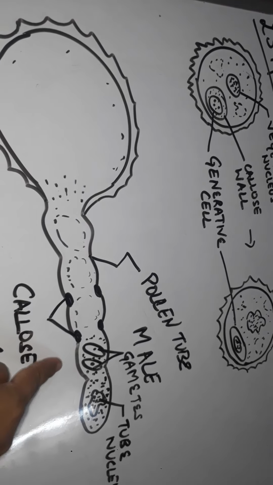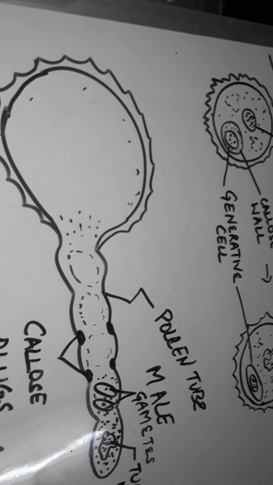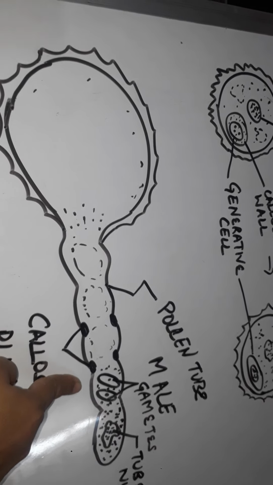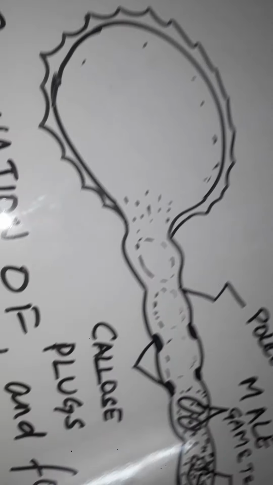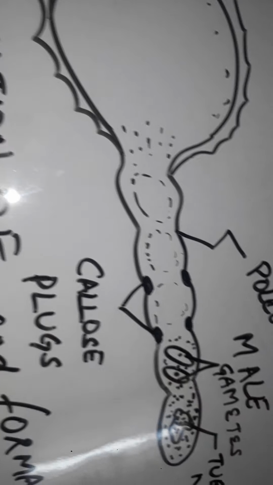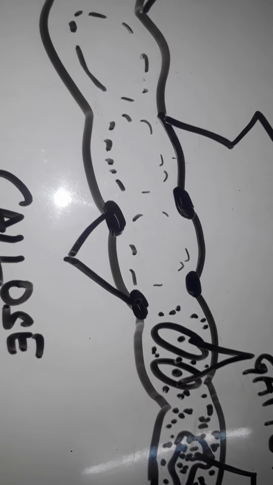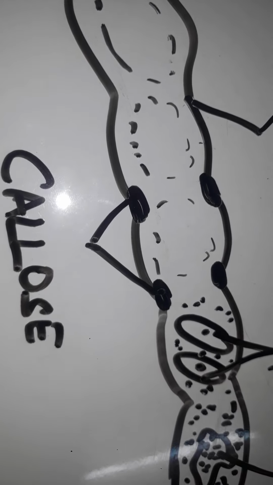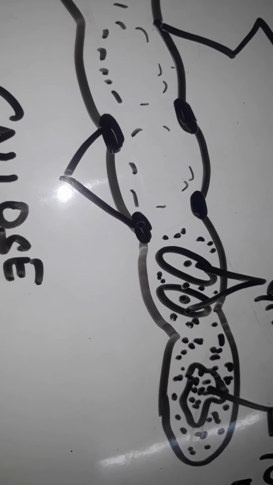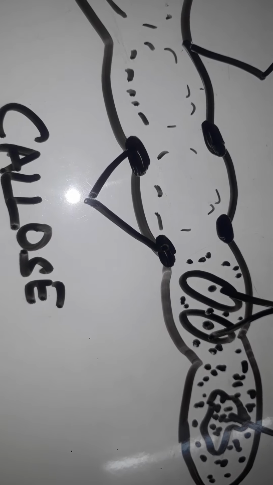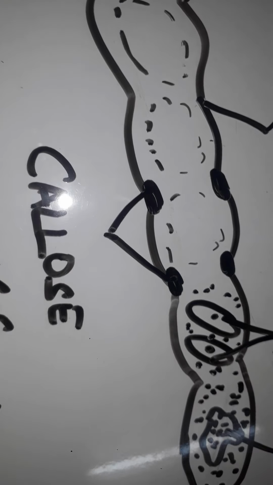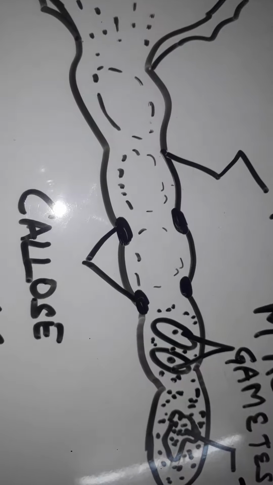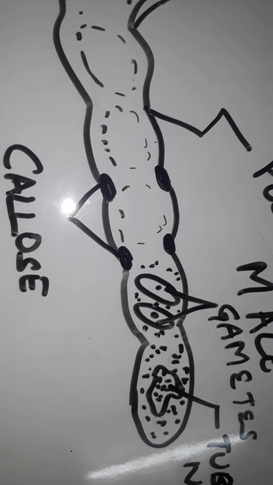There will be the formation of two male gametes. Two male gametes will be formed after the division of the generative cell. Each male gamete, as you see, is lenticular in shape and spherical in outline. It has a large nucleus. It is surrounded by a thin sheet of cytoplasm. Every male gamete is considered to be one cell. The tube nucleus will degenerate completely,